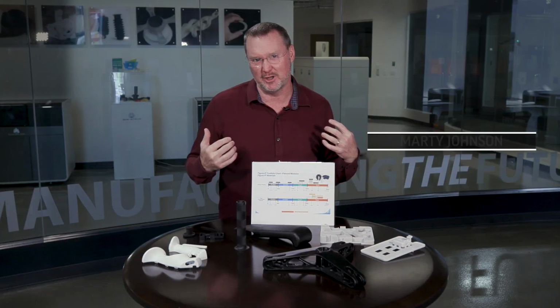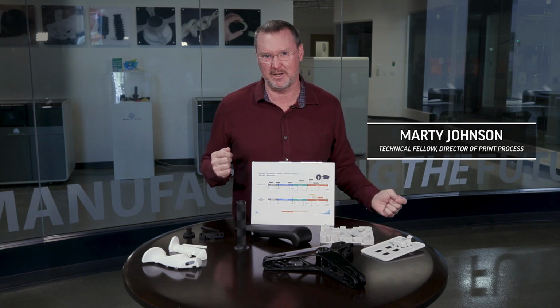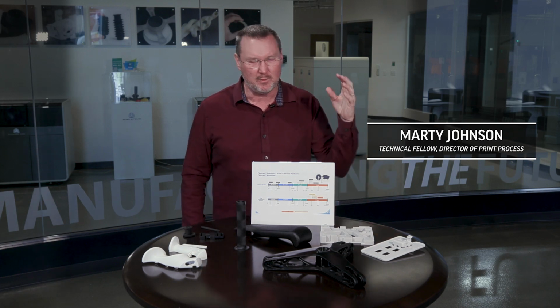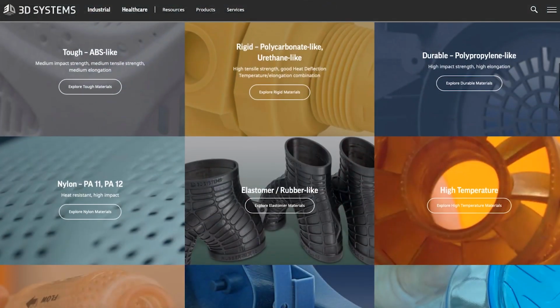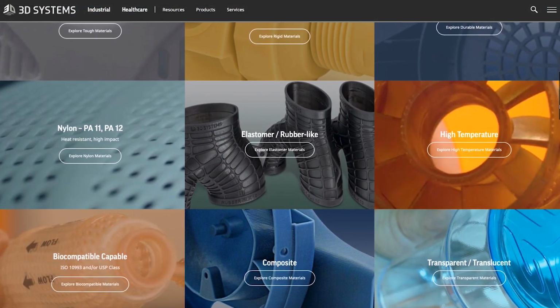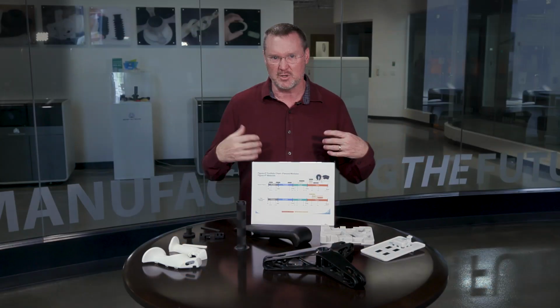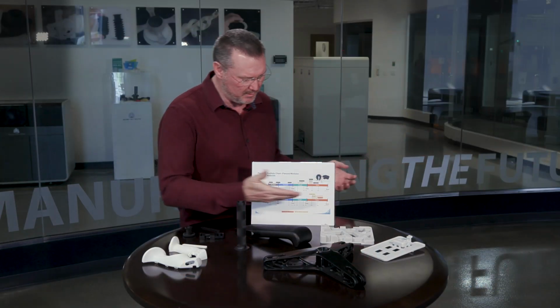Today I'd like to talk to you a little bit about how we classify materials. What makes a material tough? What makes a material durable? How do we define that and put that onto our website so that you can find the right material for your application? So one of the things I want to show you today is we put together a chart based